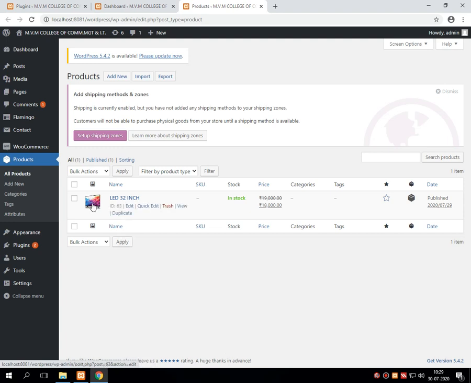Now, whenever we move our cursor on that particular product, it shows much information related to this product, like the ID of that product with edit, quick edit, trash, that is delete, view, duplicate, whether it is available in stock or not, the MRP, the sales price, any category if we have given, any tag if we have given, and the published date will be displayed over here.